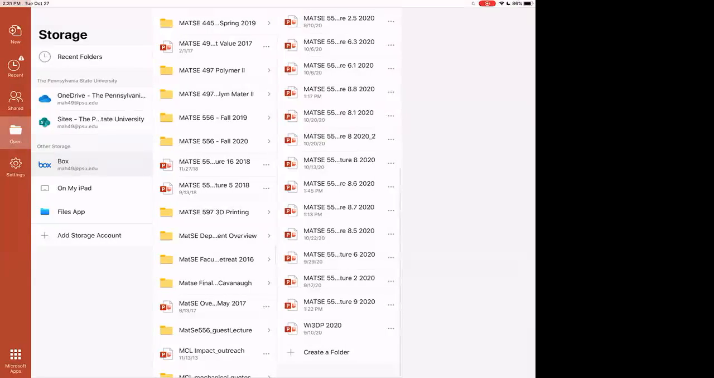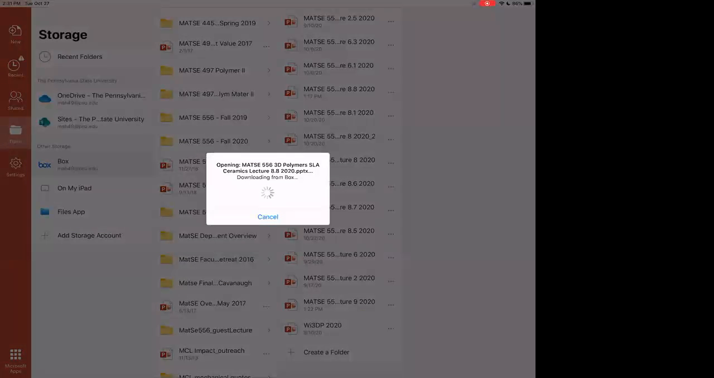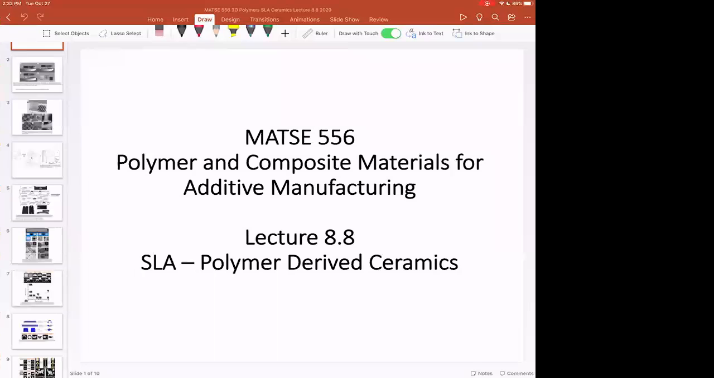And so I think that should be an 8.8, which is right here. So if you look in the box, this lecture 8.8 should be in there. And this is a really interesting topic, and we're just going to talk about a couple papers. But this class is about polymers and composites. But in these couple of papers that we're going to talk about, they basically use polymer precursors